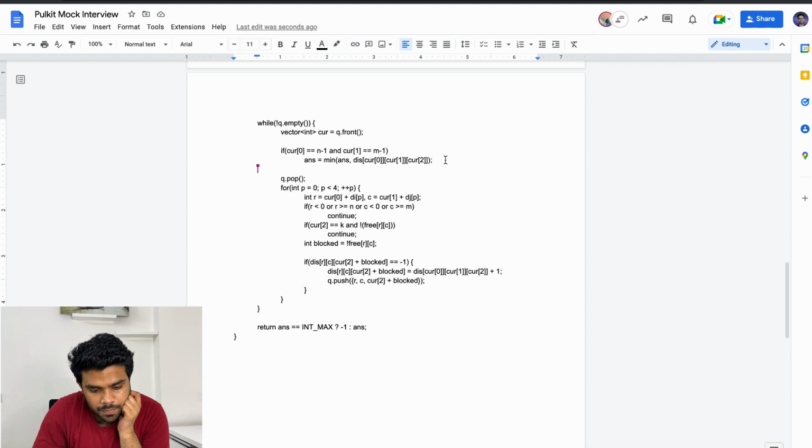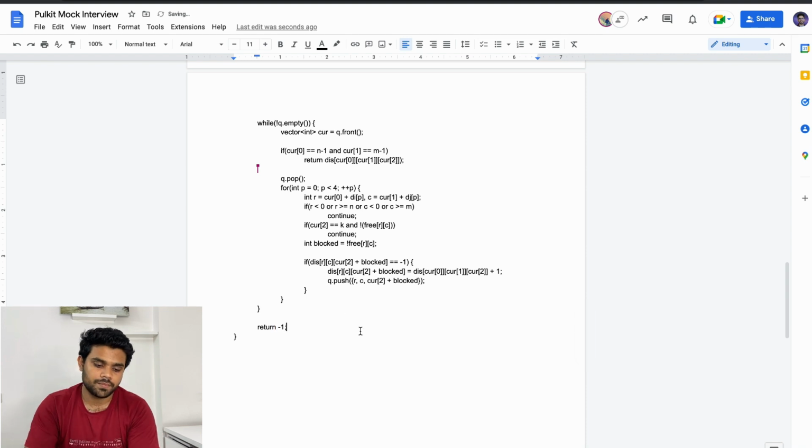So you're saying that if it is in the queue first, then this should be the answer, because if some other state of n minus one, m minus one comes later on, it will definitely have a larger answer. Yeah, I think this makes sense. So we can return it from here only. Yes. And here we can just return minus one.